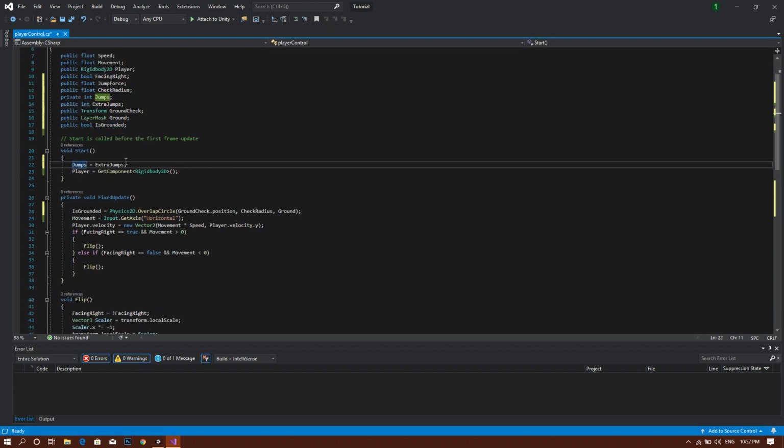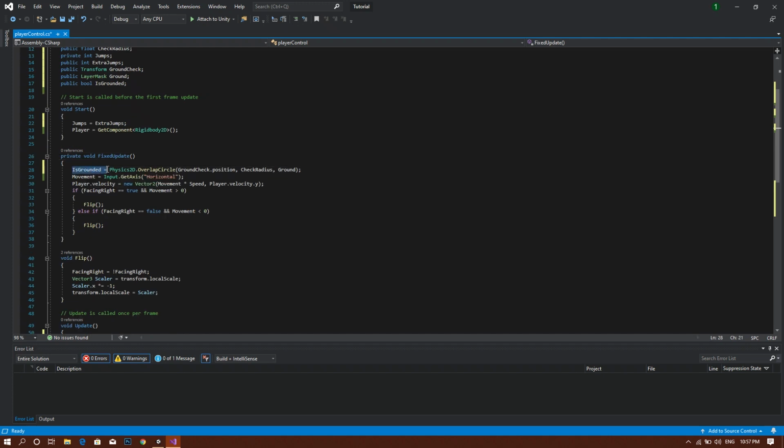Now in the start function, we set our jumps to be equal to our allowed jumps, so that our player at the start of the game has the same number of jumps as at any certain frame during the gameplay. And then in the fixed update, we tell the game that is grounded is equal to Physics2D.OverlapCircle, and here between two brackets we type our ground check.position, in which again we set the position of the player's legs. After that, the check radius, or the radius of the checking circle,